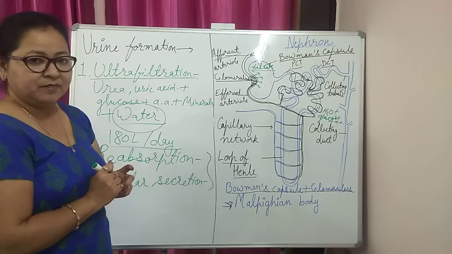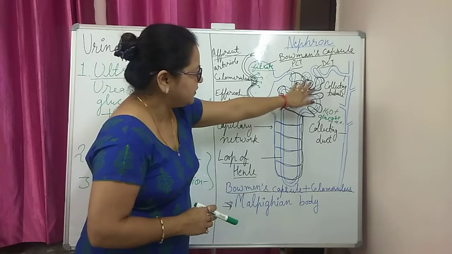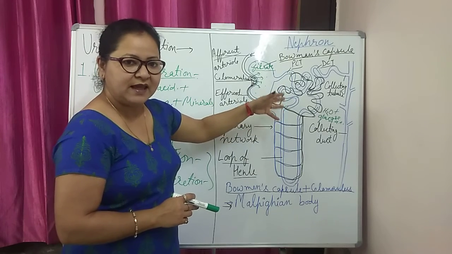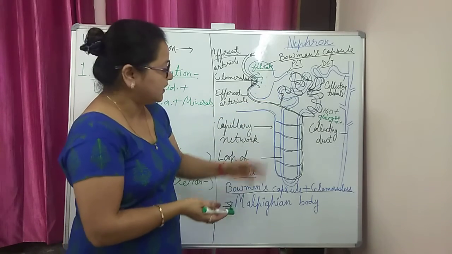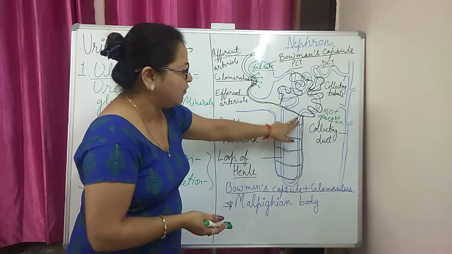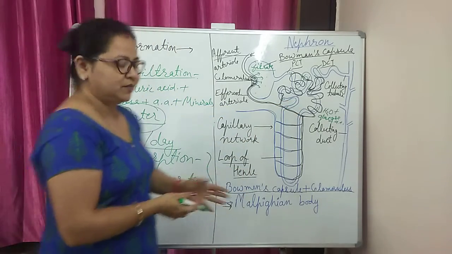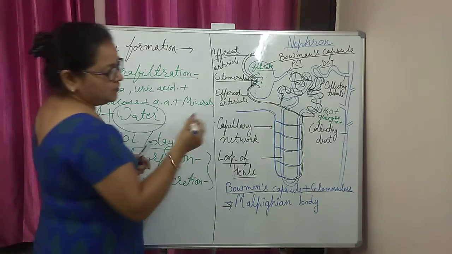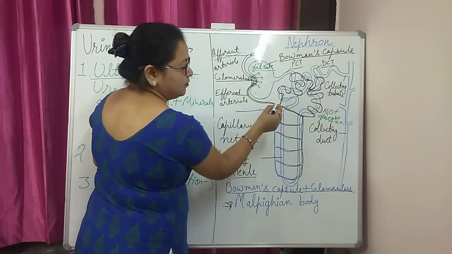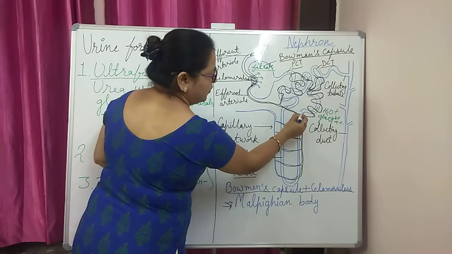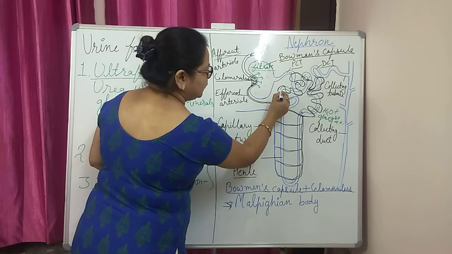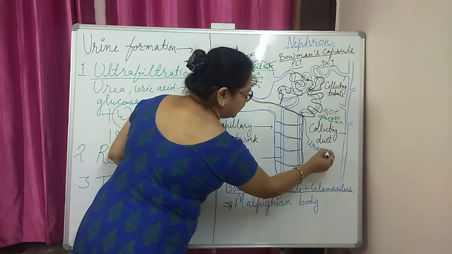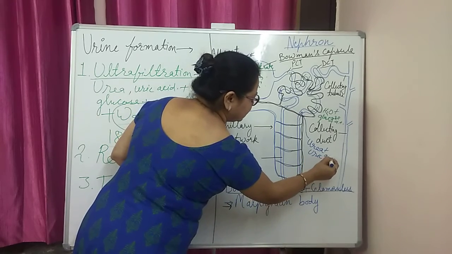At the same time, if the blood in this capillary network has some nitrogenous waste, then it will be poured directly into the tubular region of the nephron, and this process is called tubular secretion. It means at the same time from the blood, if it has more nitrogenous waste, it will be poured from the blood into the tubules. तो tubules में क्या जा रहा है? ये जा रहा है यूरिया या यूरिक एसिड.